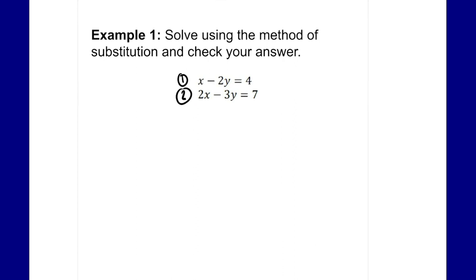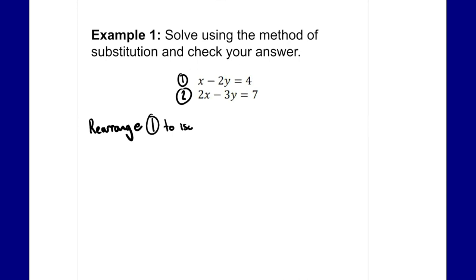This is just going to help me know which ones I'm dealing with. You don't really have to do it, but it is a nice way to help organize your thinking. So first step, we want to rearrange, and these colors are going to match the colors of the steps on the previous page. So we want to rearrange one of the equations. And remember, we said the goal was to avoid fractions. If I'm looking at these two equations, there is one that stands out that's going to be easier to rearrange, and that is the first equation. So I'm going to rearrange equation 1